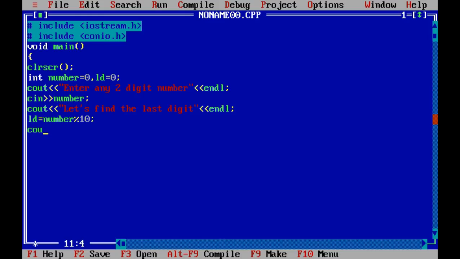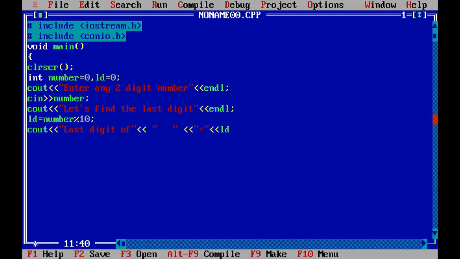Then cout, and then we'll write last digit of, and here I want to give a space, last digit, I'll give a little space, I want to add the word of also, and then give a little space, is equal to, then the equal to will be in brackets, and then our answer is stored in LD.